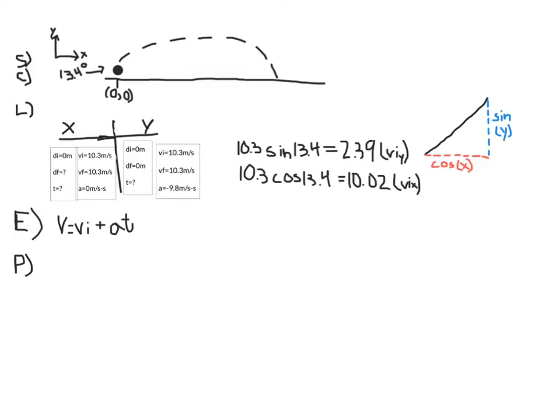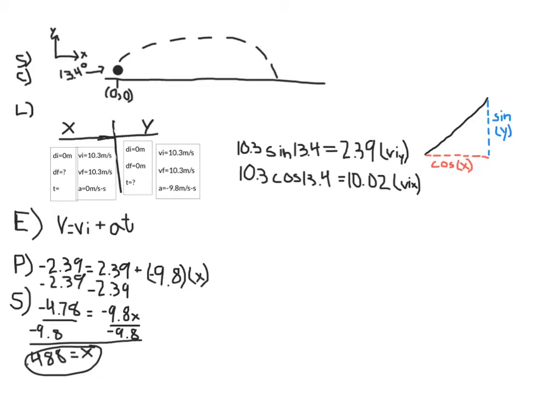As you can see, we have to multiply 10.3, the velocity of the whole motion, by sine of 13.4 to find the y, because sine is the y side, the opposite side of a triangle, and by cosine, the same thing for the x. Now we can plug our velocities into the equation. Now we have our equation. We are solving for time, and now we just have to use algebra to solve this equation. Now you can see that we found that the time of the motion was 0.488 seconds,